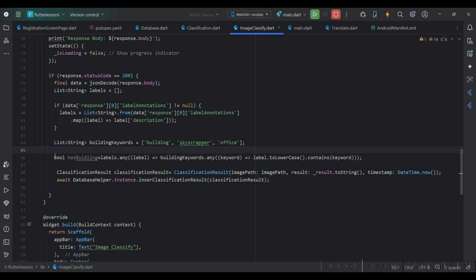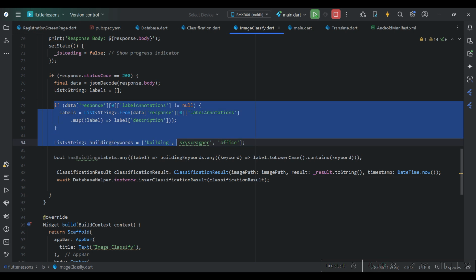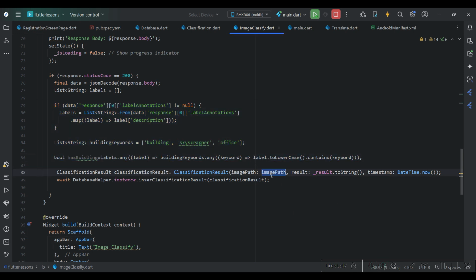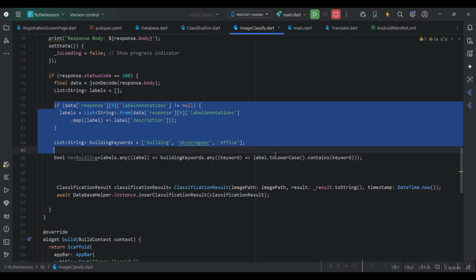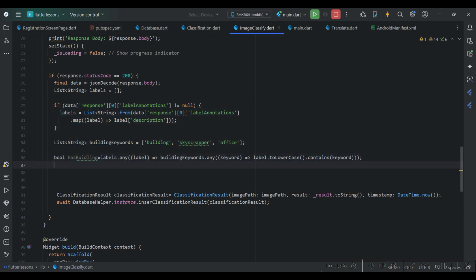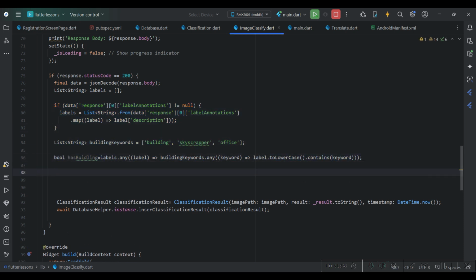Now you may be thinking, we have this section for checking whether it has building or not. So what exactly are we going to rephrase, we are going to use this line. From this you can simply insert in your database. If you don't want any other response or other data like label annotations, we can simply put that image path, result string, and DateTime now here directly in the session. But with the help of this you can know what kind of data is coming, so we can create one simple rephrase here, if